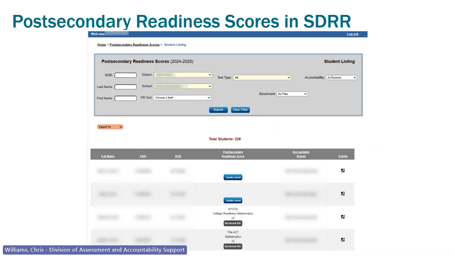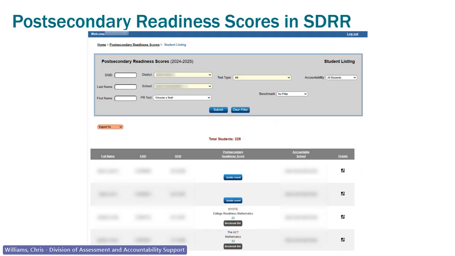You can also filter by the post-secondary readiness, the particular test that you're wanting to look at, etc. And then the benchmarks, if you want to filter who's met benchmarks or who hasn't real quick. You can also look at those spreadsheets.